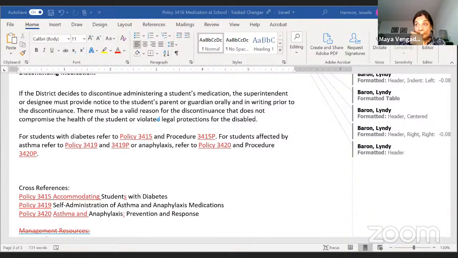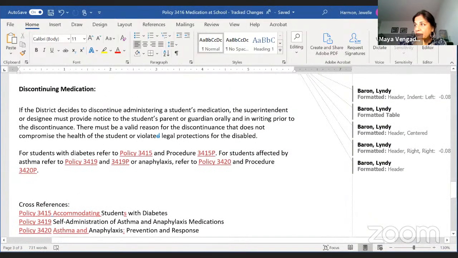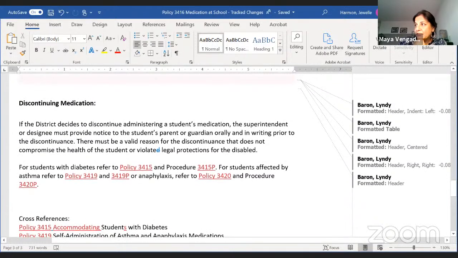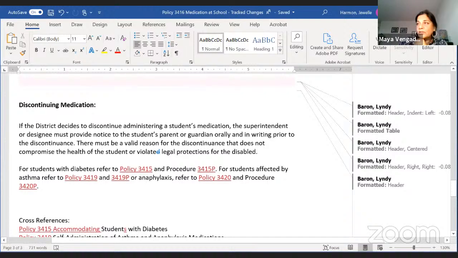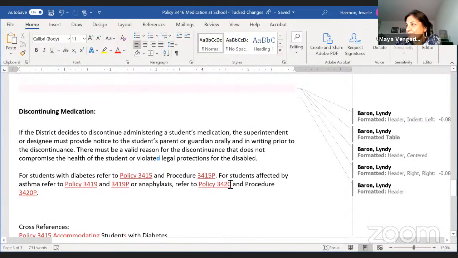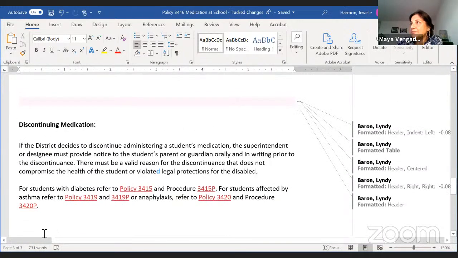I did not see this 3416 attached earlier, but there is a file now, and that's the WASDA model policy, but not the one that you're showing on the screen. So if we could have our KSD policy there too. Okay, now everything's there. So I don't know if it's just getting uploaded, but I did not see that earlier, but okay. Thank you. I'll take a look.